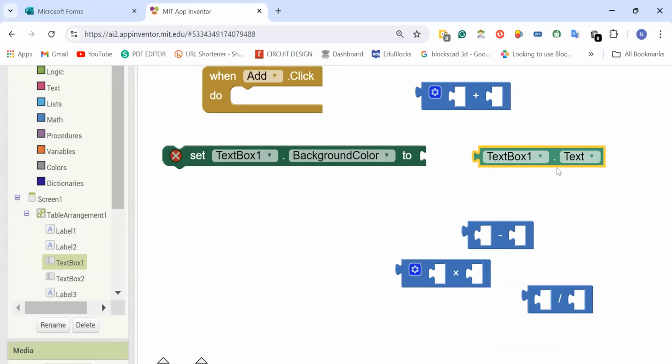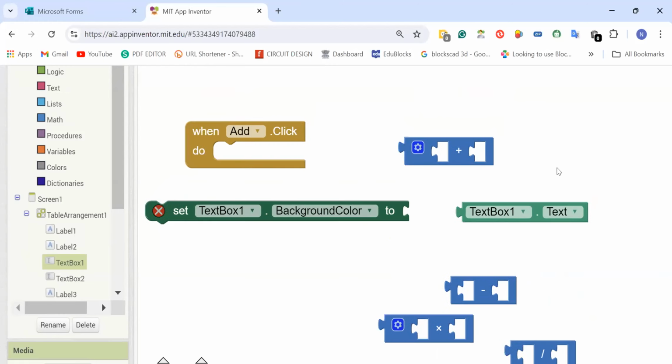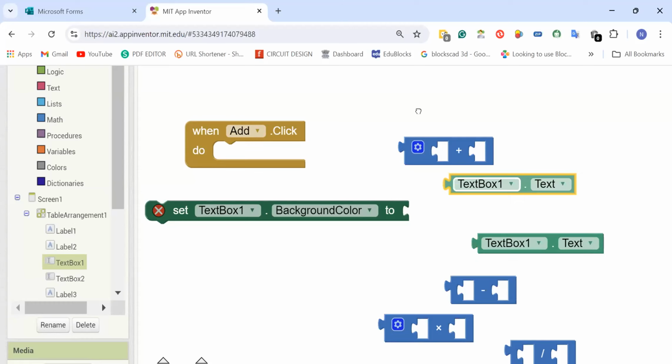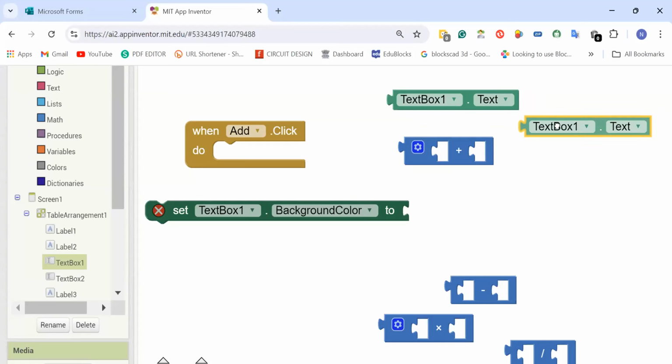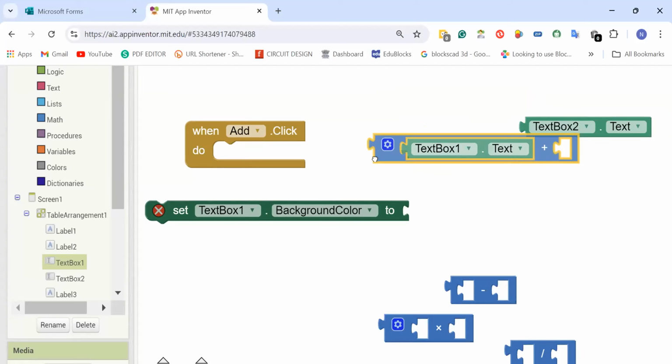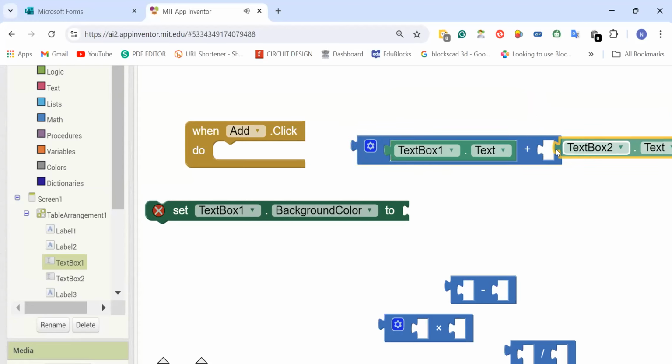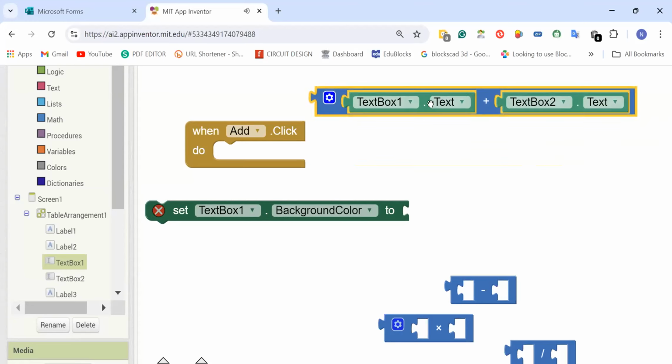So now I know there's going to be a little bit of confusion, but I'm going to take it this way. We have two text boxes: text box 1, text box 2, right? This is the first text, this is the second text. Now we are going to add these two text boxes. So I'll drop it over here, text box 1 and text box 2. So in this mathematics logic, we are adding text box 1 ka value and text box 2